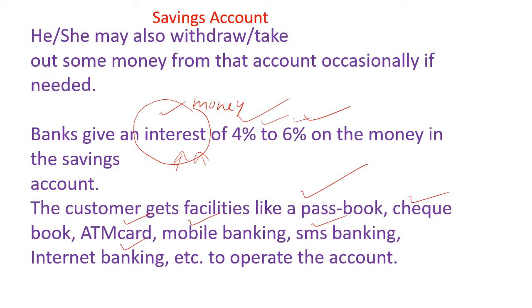But what you have to understand is that a bank is an institute where your money is kept safe. You will be getting interest, and the bank is a place where you will be getting money otherwise also. There is another type of account which is called a current account. Current means a flowing account where money comes and goes very fast. It is used by businessmen because they have to deposit money and take money every day, more than one time.